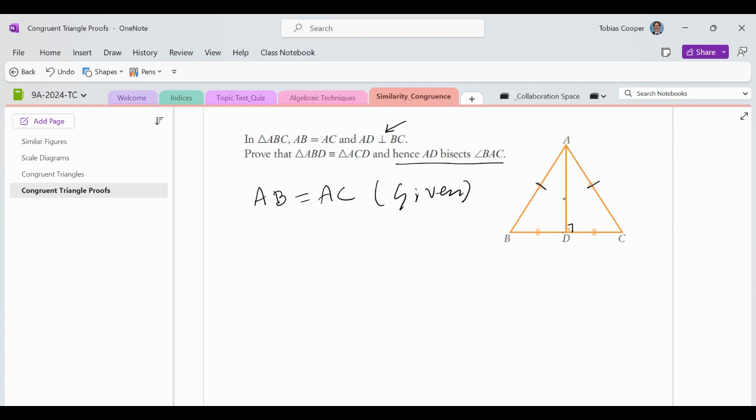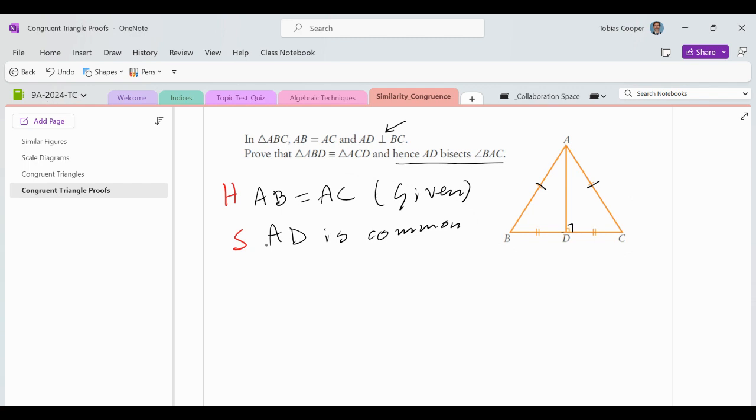We can also see that AD is common, isn't it? AD is common. Okay, so far we've got side, don't we? But actually, if you notice, AB is actually a hypotenuse. Let's put H for hypotenuse. Now this is a side here. And the next